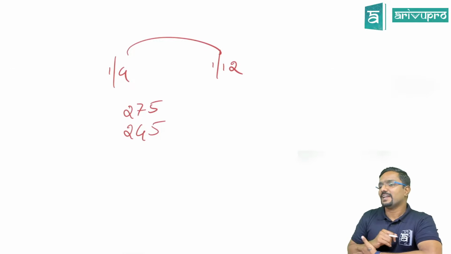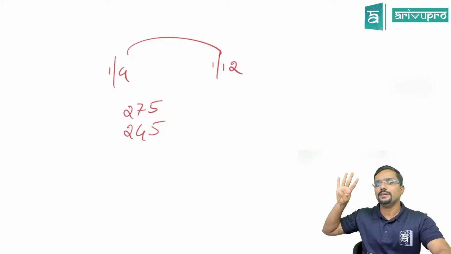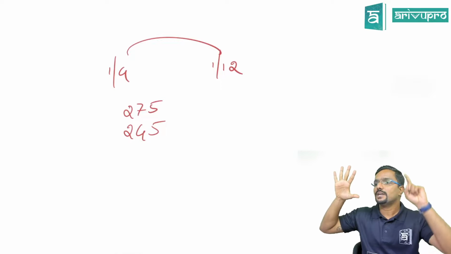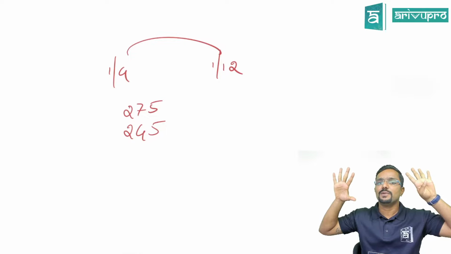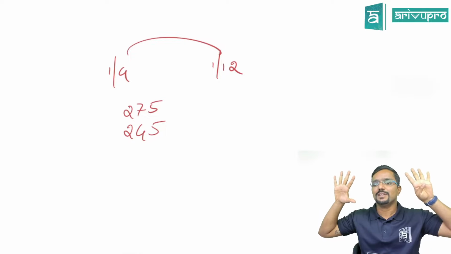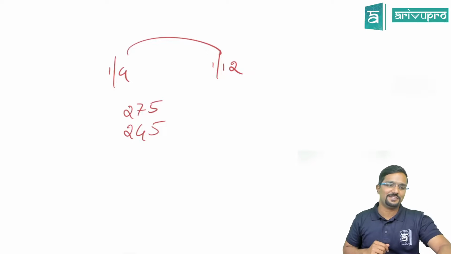Just do it in the calculator. 30 days in April, 31 in May, keep on adding it, okay? So 30 days in April, 31 in May, 30 in June, 31 in July, 31 in August, 30 in September, 31 in October, 30 in November, plus 1 in December. Plus 1 in December.